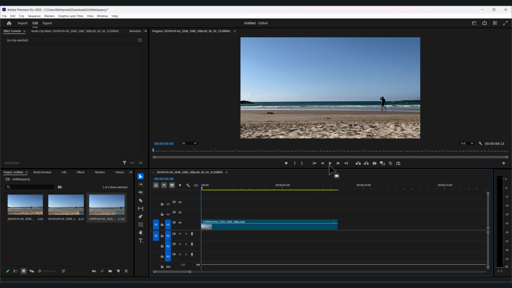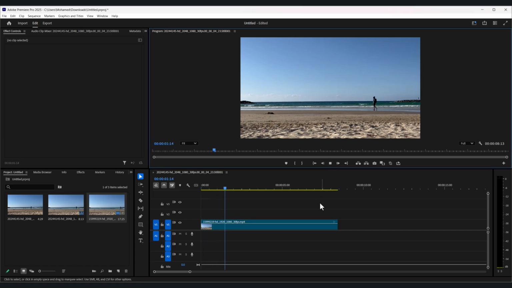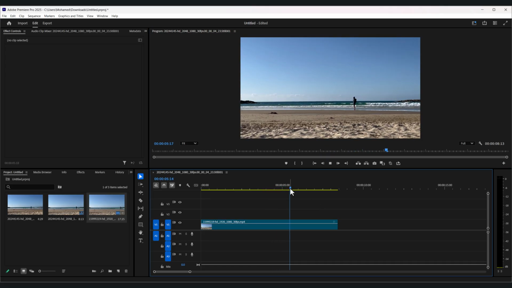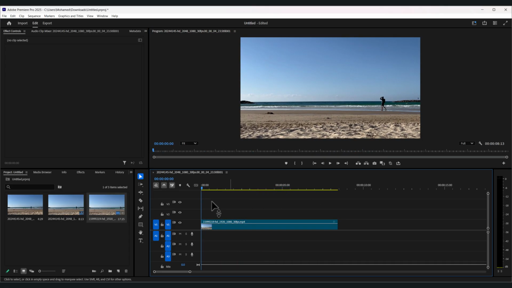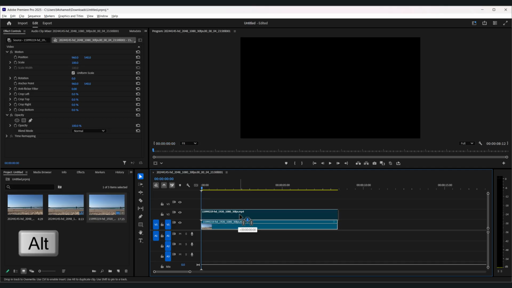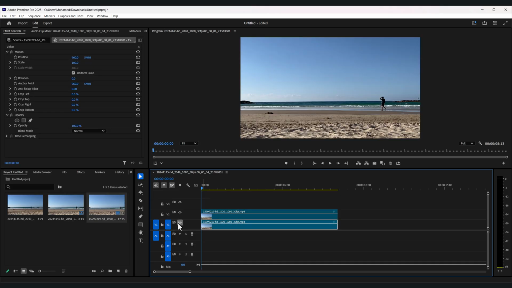Today, I want to show you guys how to remove objects from video in Premiere Pro. Please note, this will only work on a clip where the camera is stationary and there's a moving object in the frame. Duplicate your clip by holding Alt and clicking and dragging above, and then disable the bottom layer by